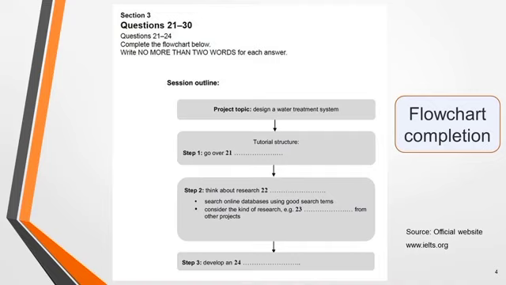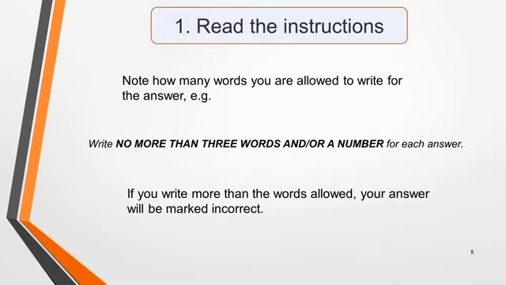treatment system. Like most flowchart completion questions, it occurs in section 3, where the recording will be a conversation between up to 4 people set in an educational or training context. You'll have a short time to prepare before the speakers begin talking. Use this time to familiarise yourself with the question and focus your mind on what you need to listen out